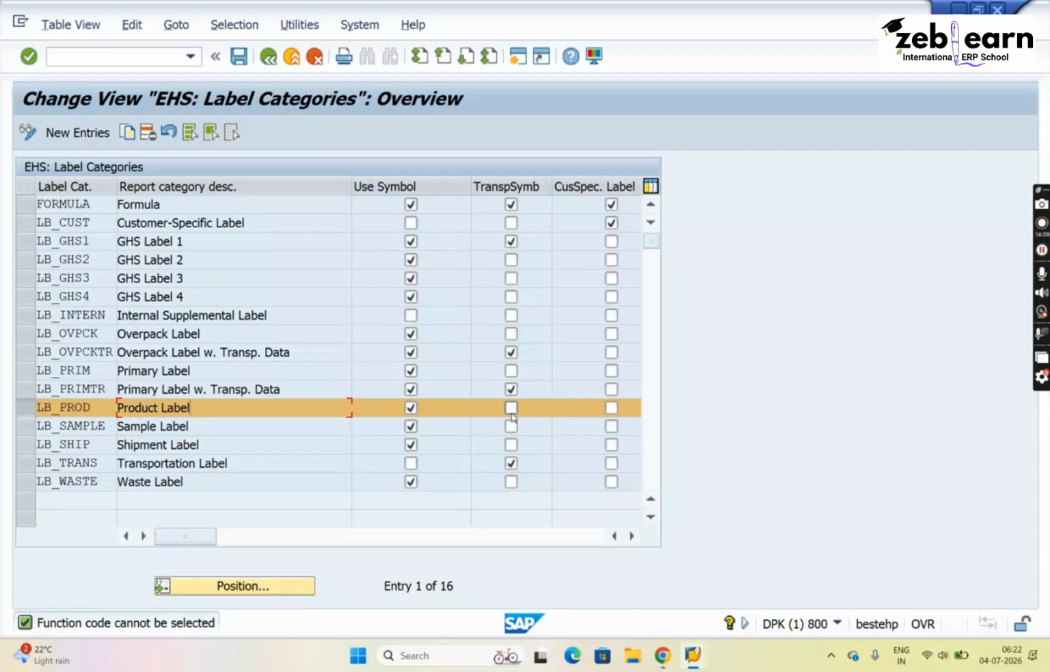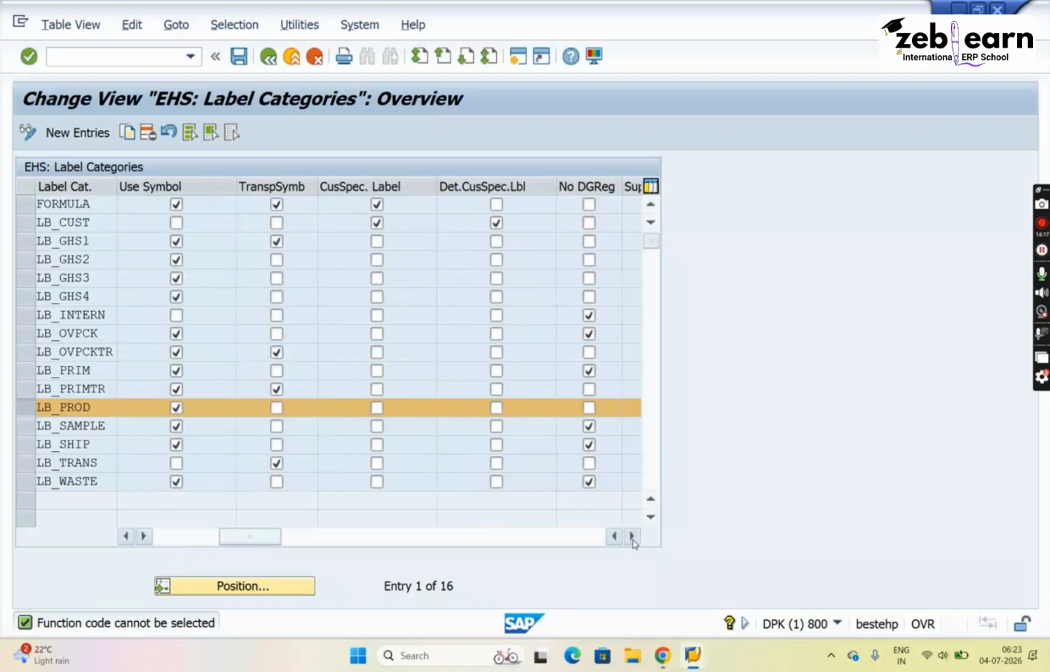Don't select, because the product label does not contain dangerous goods data, so don't select this option. Now coming to the third column, customer specific label. Should we select this option for product label? Yes, sir, it will be because